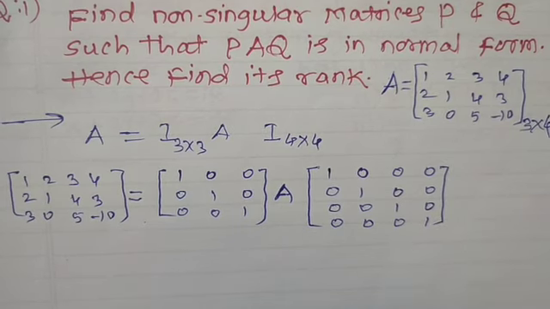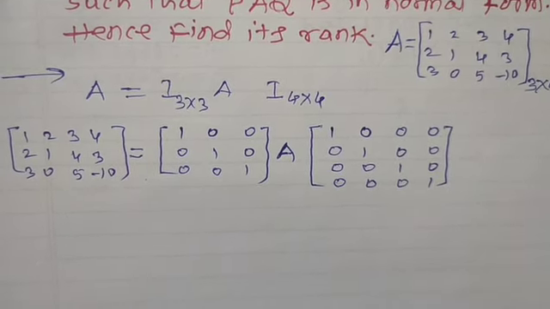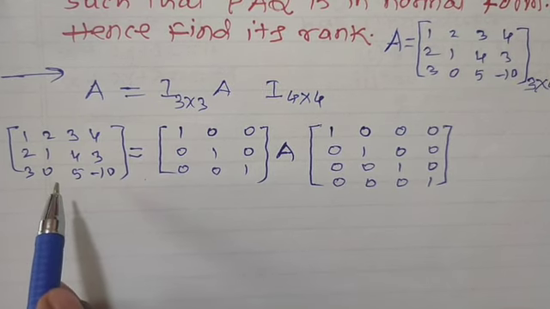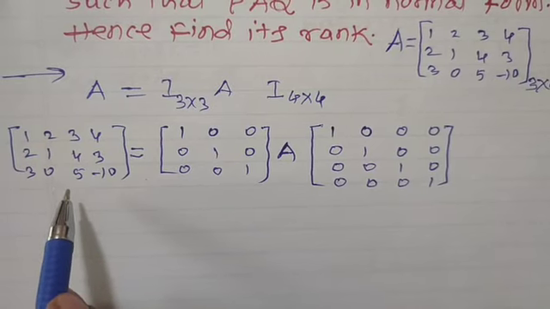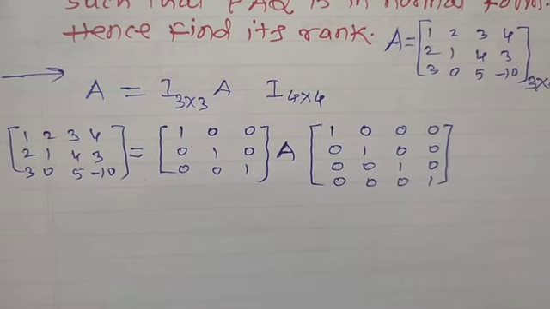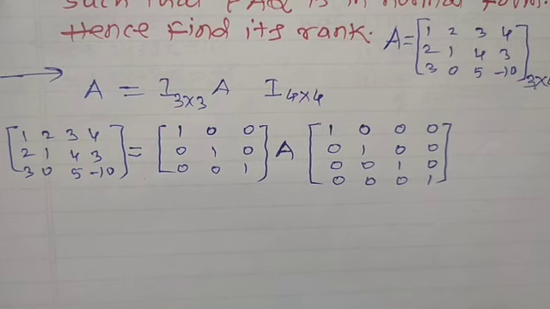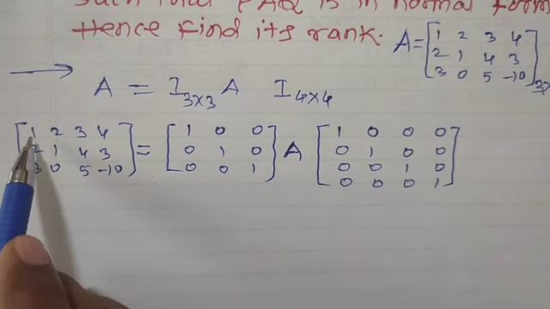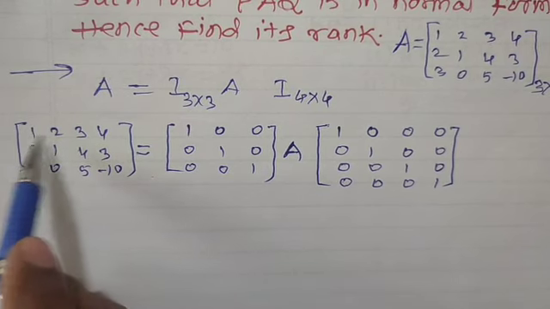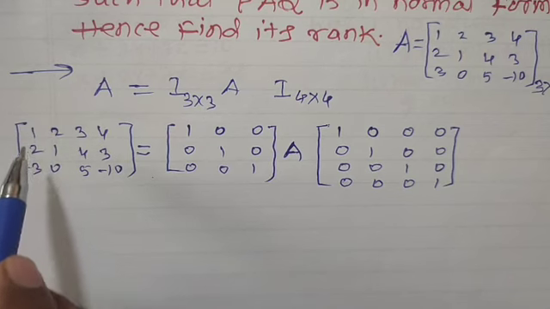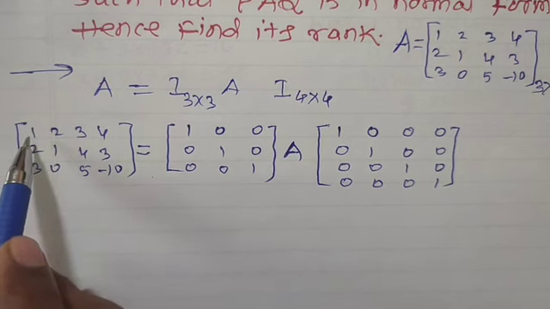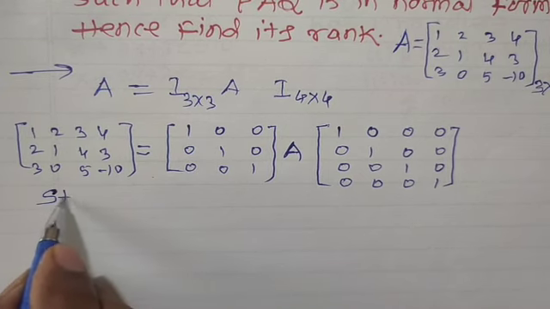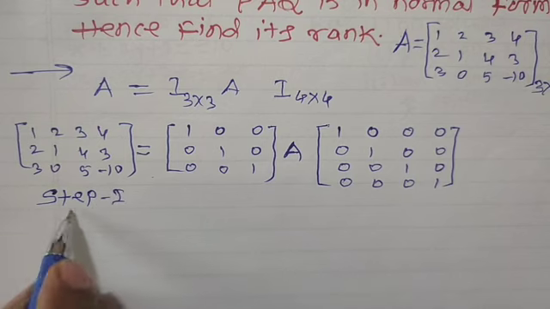Okay, now we have to reduce this matrix. This matrix we have to reduce to normal form. There are 4 normal forms, and we have to reduce this in any one of that normal forms. So we can apply row transformations as well as column transformations. First of all, concentrate on first diagonal element. This is 1. First row, first column. This element is diagonal element. This must be equal to 1, and already this is 1. So step number 1, we can start step number 1.